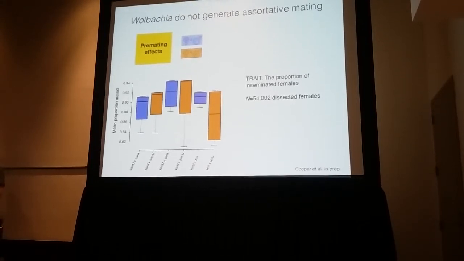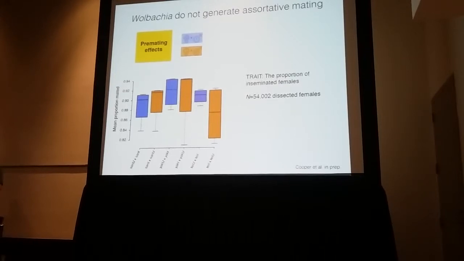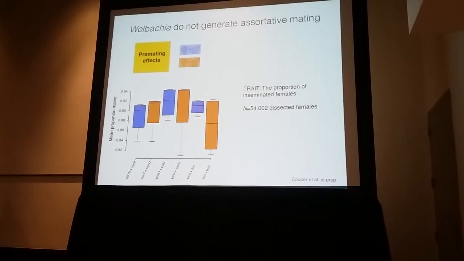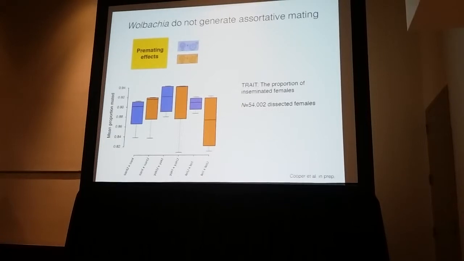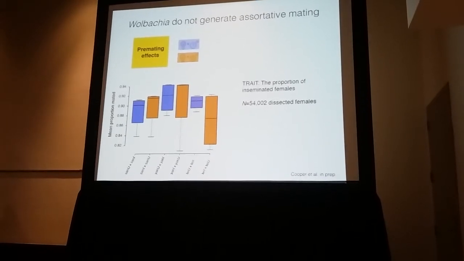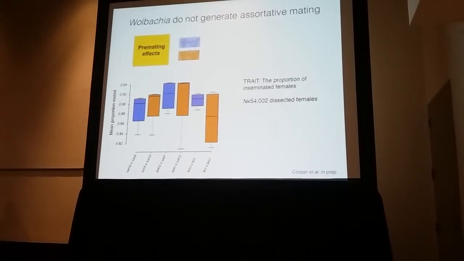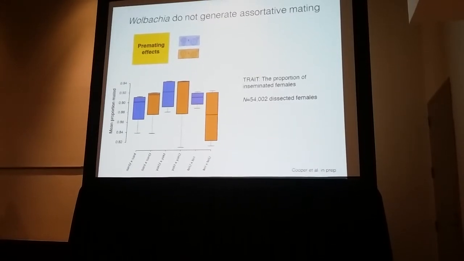So regardless of Wolbachia infection status, these females are mating at the same rate with males, regardless of their infection status within species. Now when we cross these, we do the between species crosses. Remember, Drosophila Santa Mae and yakuba, those are the sister species that diverged about 1 million years ago, and TSE is the outgroup to that sister pair that diverged about 2.5 million years ago, we think.